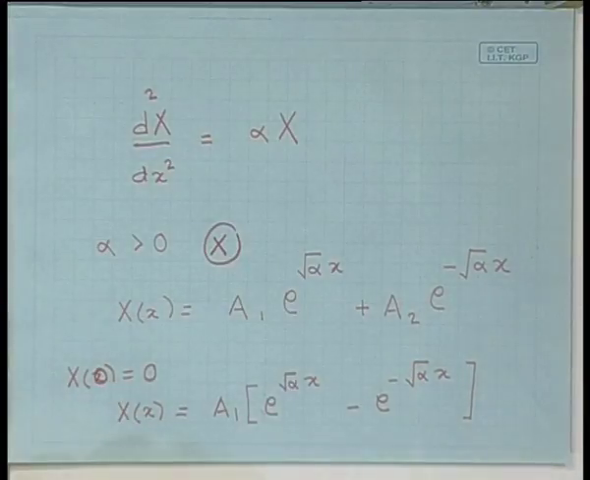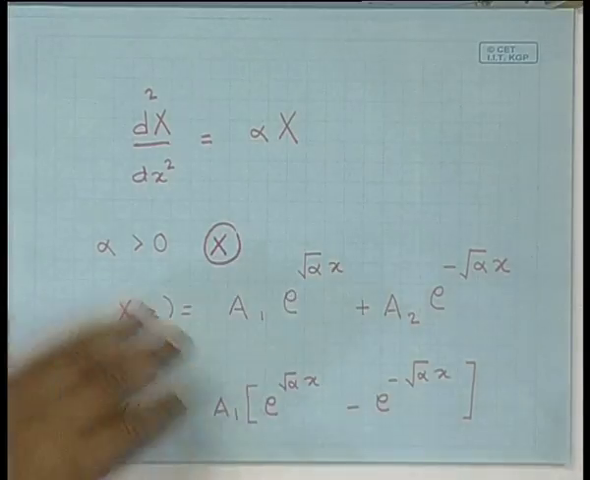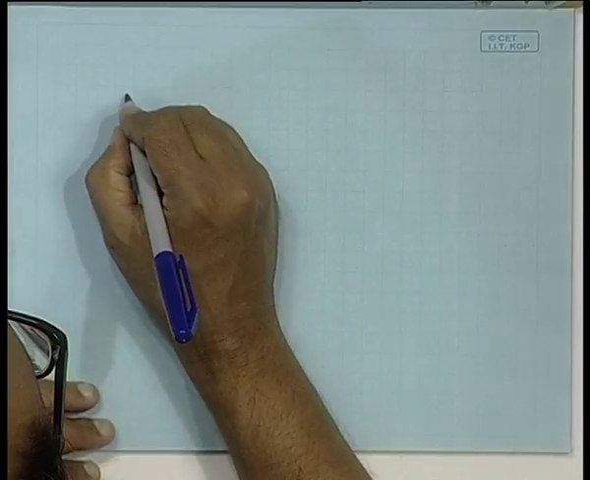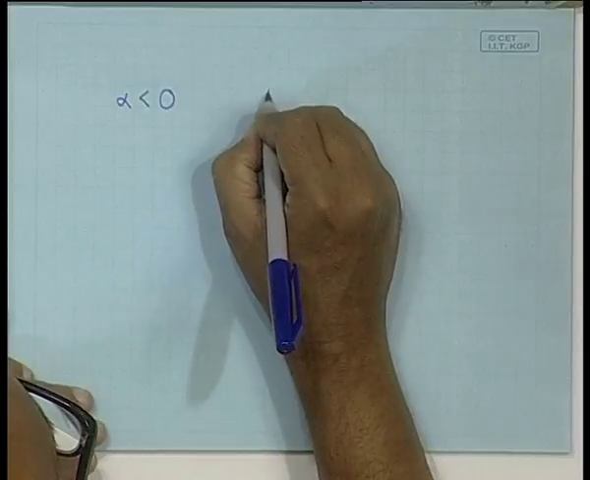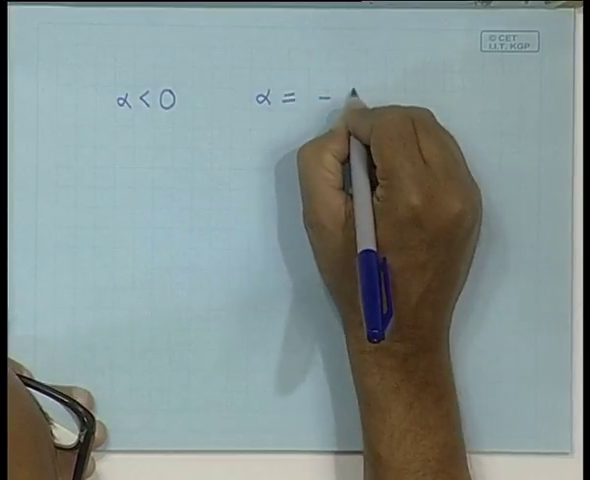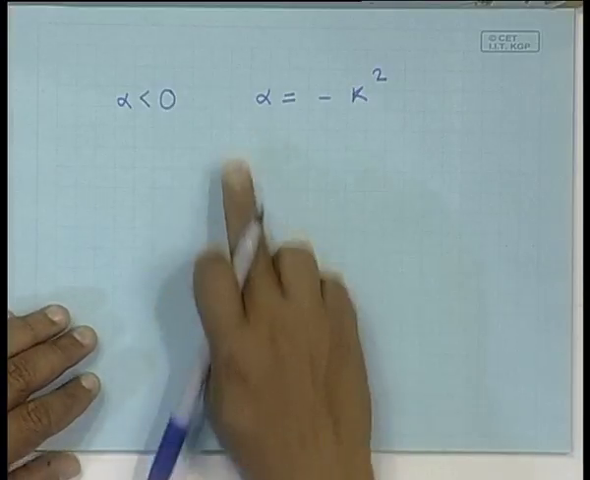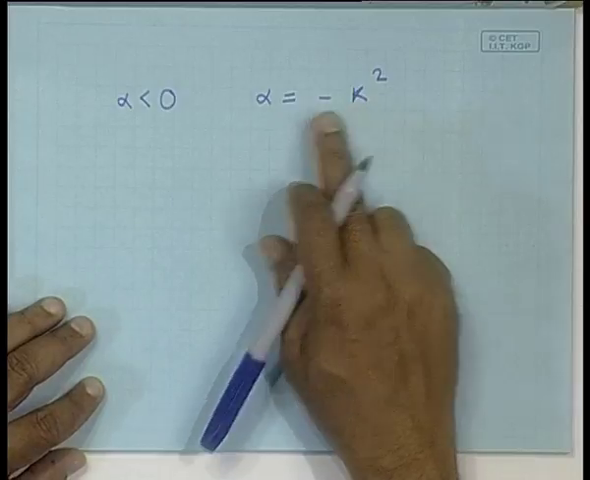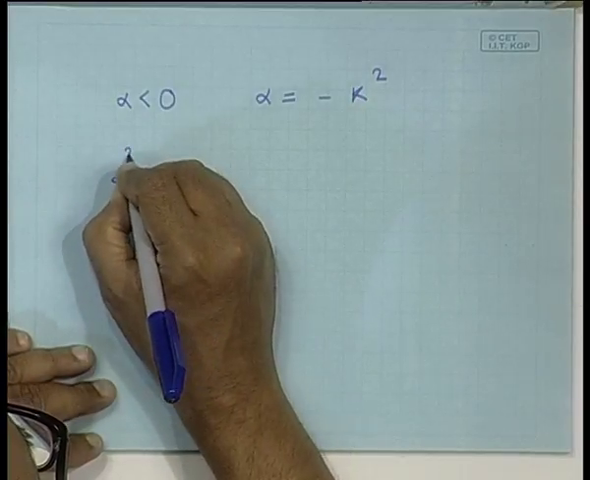So, it is convenient to write alpha as alpha equal to minus k square. Alpha is less than 0 and alpha is equal to minus k square. We just rename this variable. Since it is less than 0, we can write it like this, where now k is positive. With this substitution, the equation governing capital X now becomes